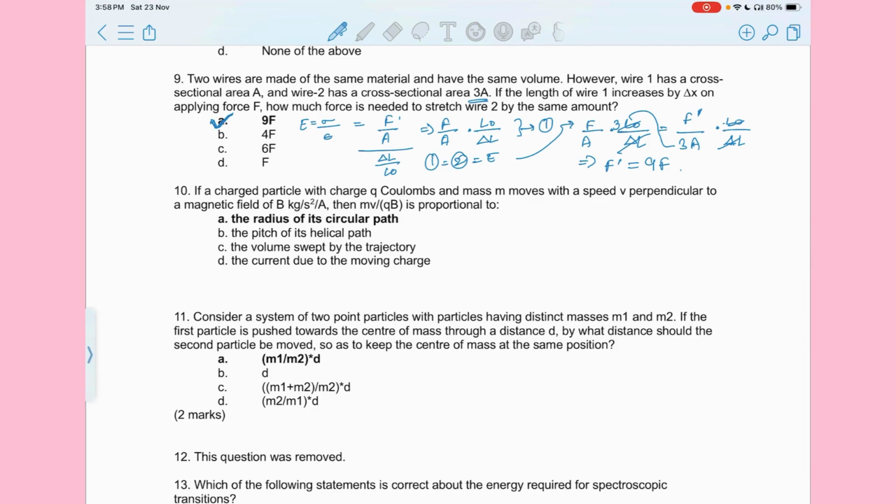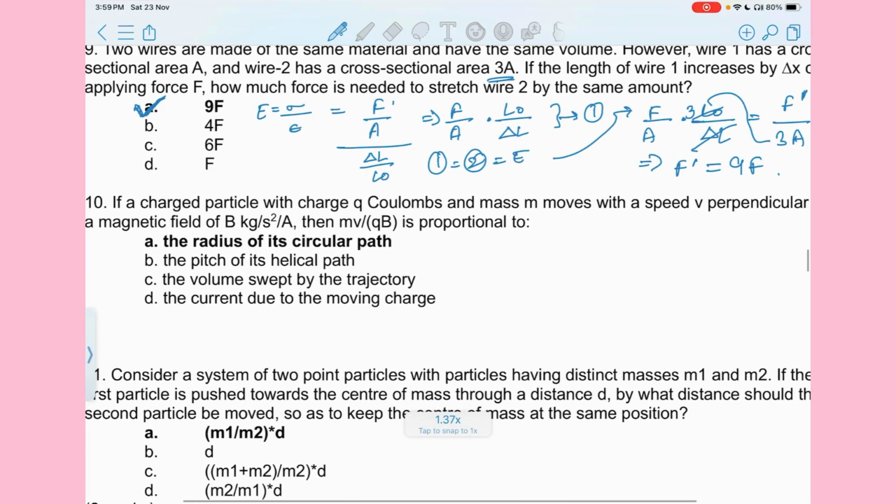Moving to the next question. The next question says, if a charged particle with charge Q coulombs and mass m moves with speed v perpendicular to the magnetic field of magnitude B kg per second square per ampere, then mv upon qB is proportional to. We know the formula, but before beginning, we know when a charged particle moves perpendicular